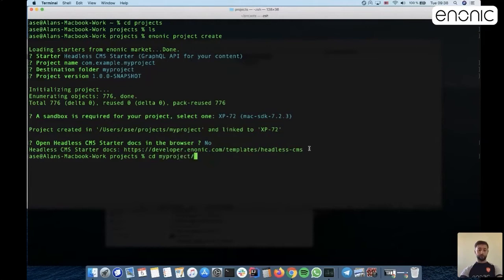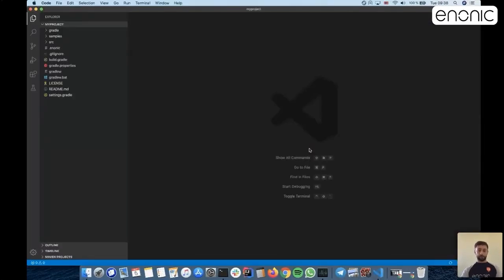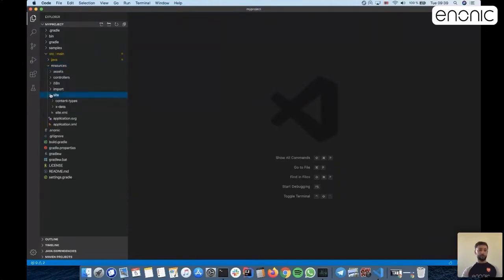So I will go there. Yes. And before we build and deploy, let's look at the project structure first to understand what it is that we're building and deploying, right? Okay, so I will open Visual Code. Yes, so since this project is based on one of the starters, those of you who are familiar with Enonic development will recognize the structure. This is a very basic, very simple structure. So the application has a site,